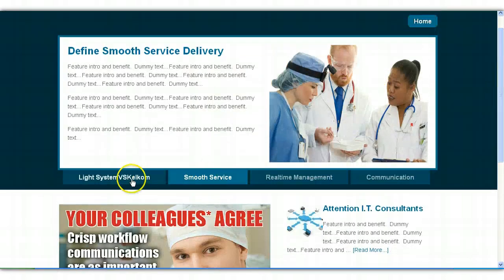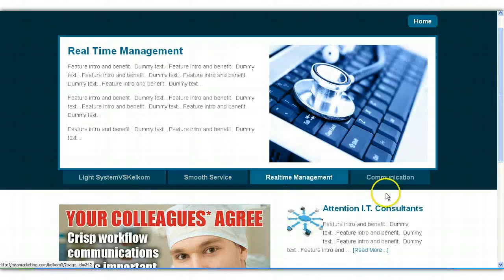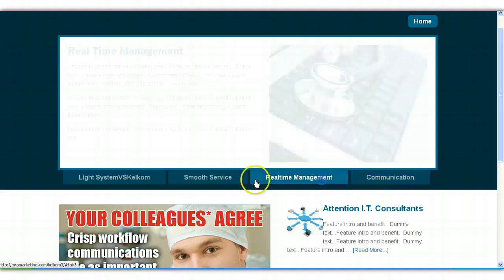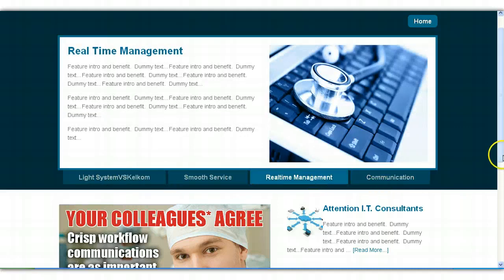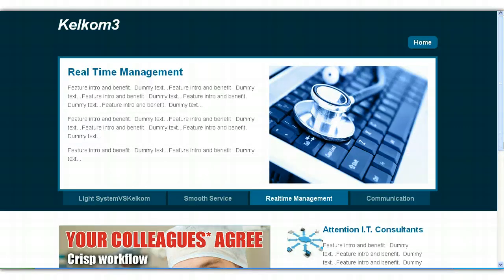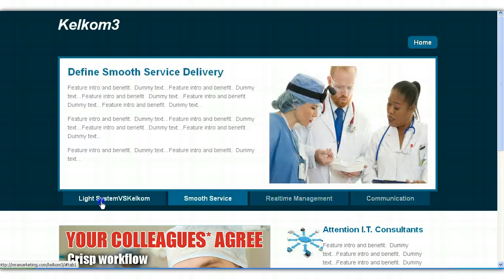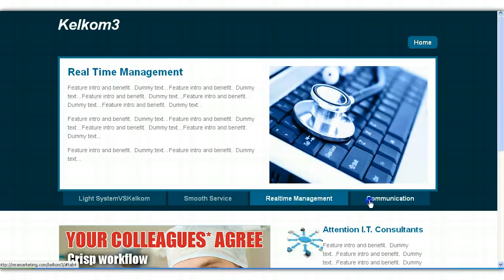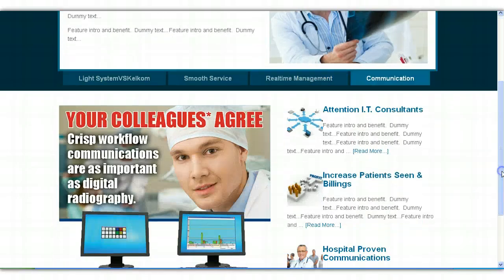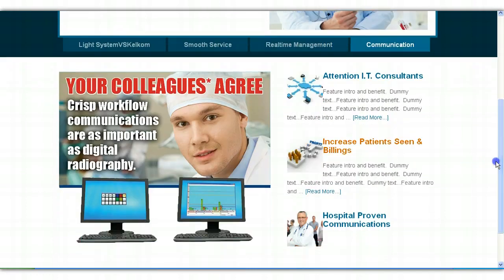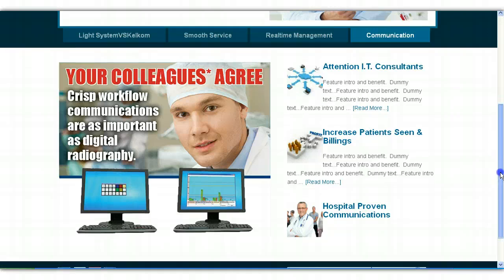It immediately gives you a modern look. It allows you to present your main features and benefits right up front. It's a no-brainer. As soon as someone lands on the home page, they're immediately presented with the 4 main features or benefits. And then right here, you have an area for the second most important features or benefits. And then here on the left side, we'll have a call to action, either a demo video, an opt-in form